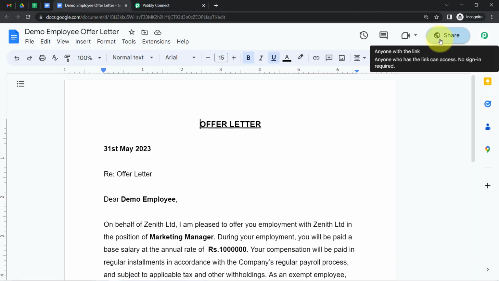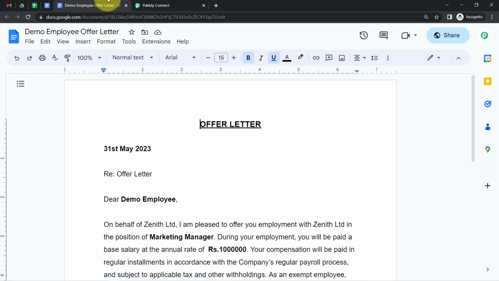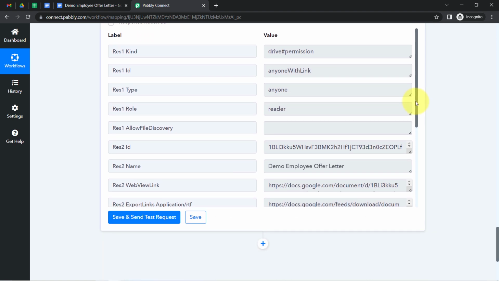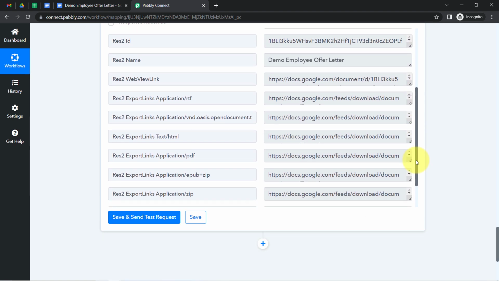Going back and let us check now, and here you can notice anyone with the link, the permission has been changed. And one more interesting twist we have here is in this response you will notice that we have also received the PDF file link. So here you can notice the same document has been received in multiple formats, and currently I am looking for the PDF format because I want to share this document with my